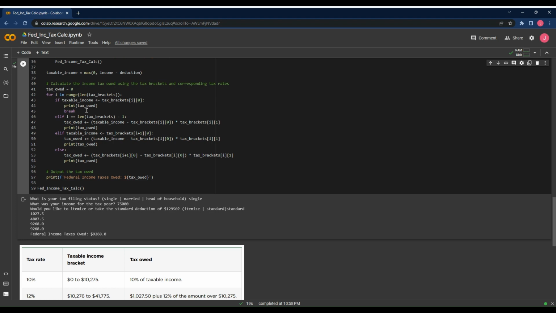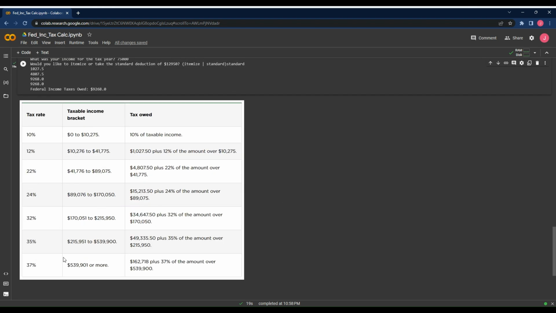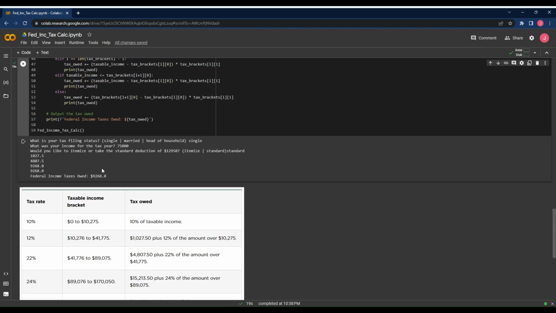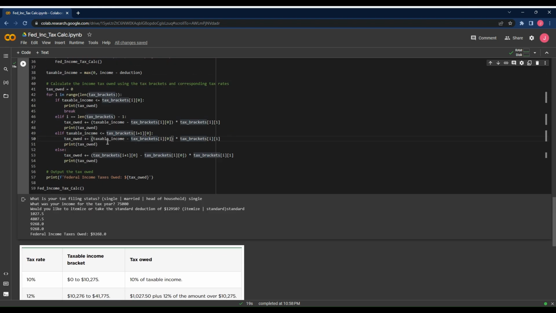Now it gets to the next iteration. It's going to say, okay, is the taxable income less than 41,000? It's not. Is it the last one? No, it's not. Okay, is 75,000 less than the next higher bracket, which is 89,000? It is. This elif statement here